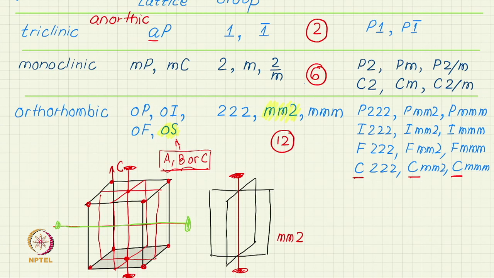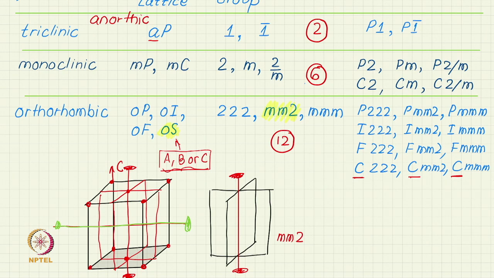So, because there is a centered face and an uncentered face, there are two possible orientations for the object with MM2 point group, which can be placed in this lattice with its two-fold perpendicular to the centered face or two-fold perpendicular to an uncentered face. If you place the two-fold in the uncentered face, then you generate a new space group, and that will be called, now since